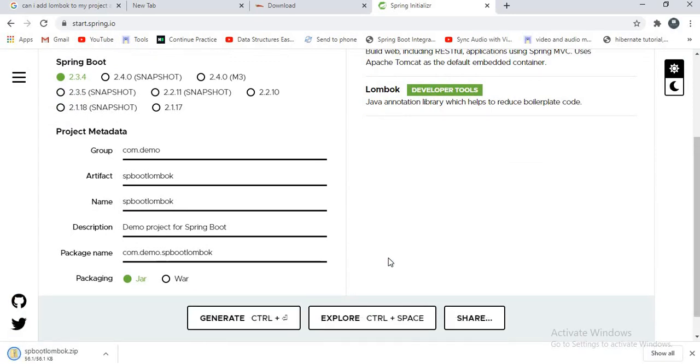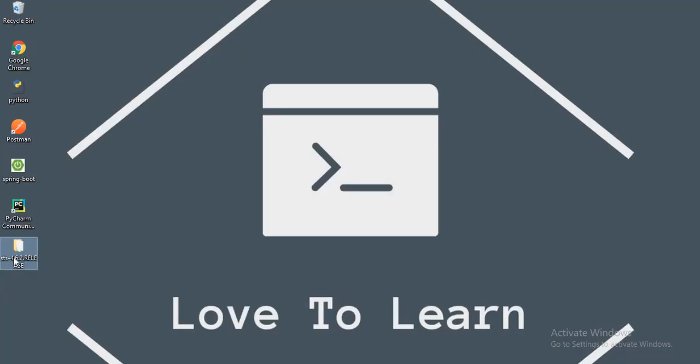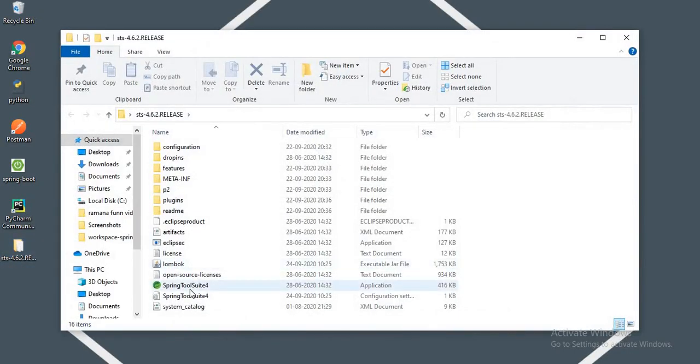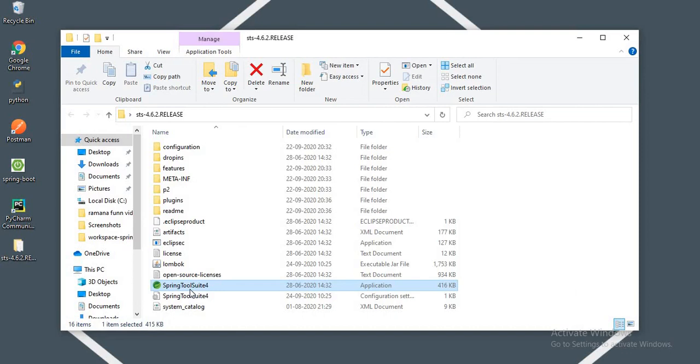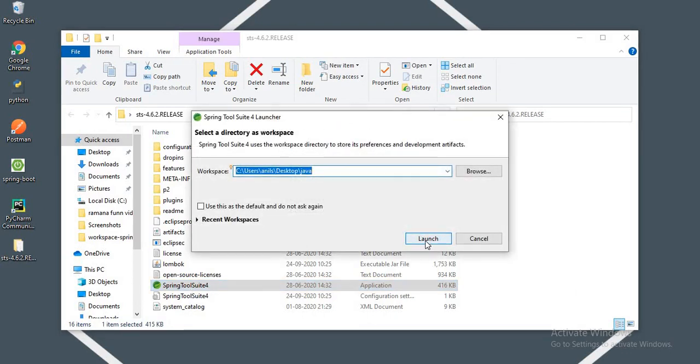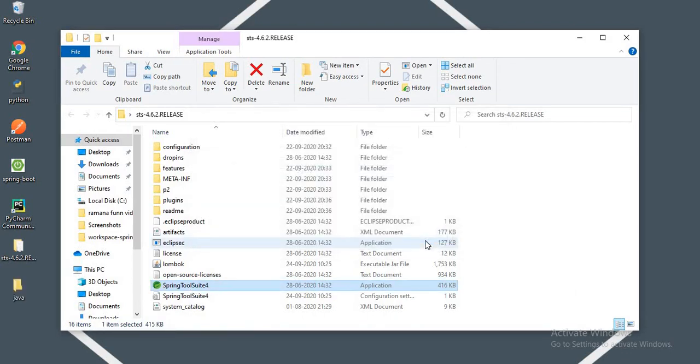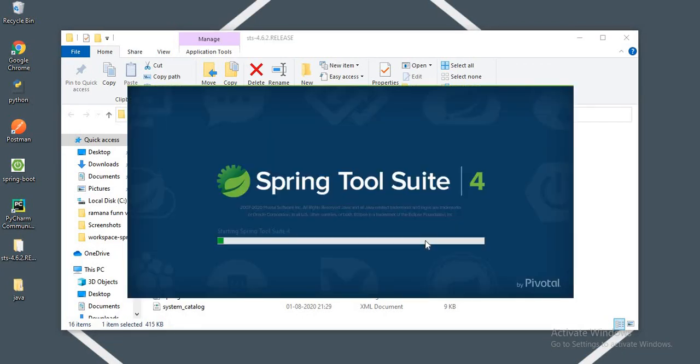Now my project is generated. Let's open our Spring Tool Suite. I'm launching it, and then I want to extract my downloaded Spring Boot project. Let's wait for 1 minute.